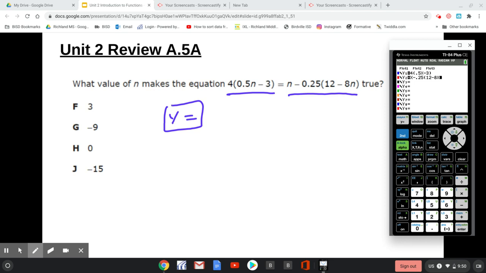Close the parenthesis. And now I can figure out which one of these answers work by hitting second